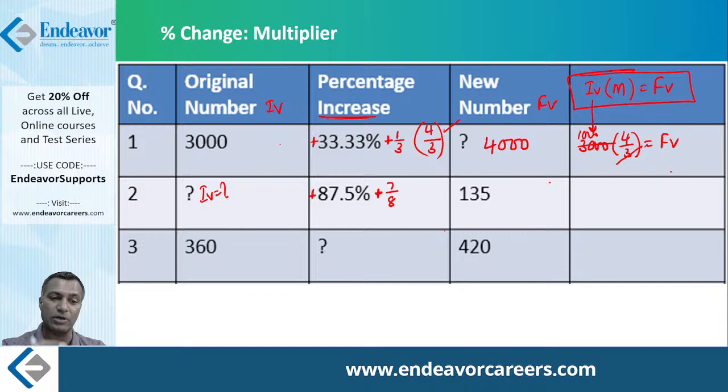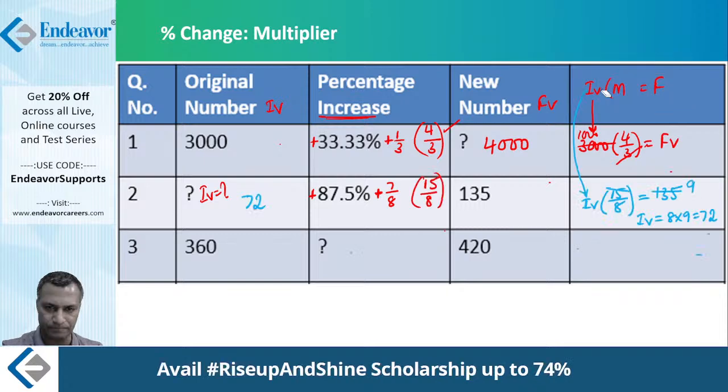Now look at this. This question is simple. Without knowing the multiplier also you can do it. That's not the idea here. But let's learn the multiplier, because in some of the tricky questions it might help us. These numbers are nice and fine. What if the numbers are not nice and fine? So let's understand how you do the reverse conversion. Why? Because this time the percentage increase itself is the question mark. He's saying, why don't you tell me the percentage increase? Let's do it by the school method first as well. Let me clear the board. I need some space.